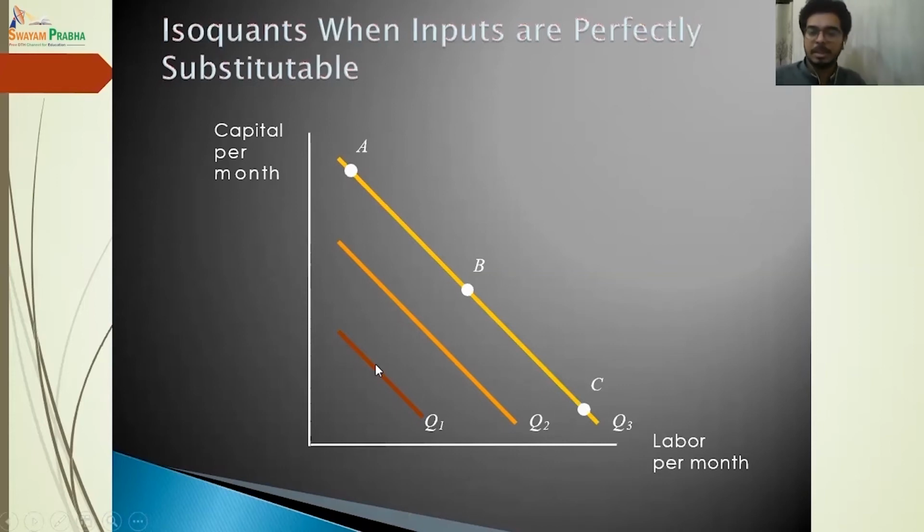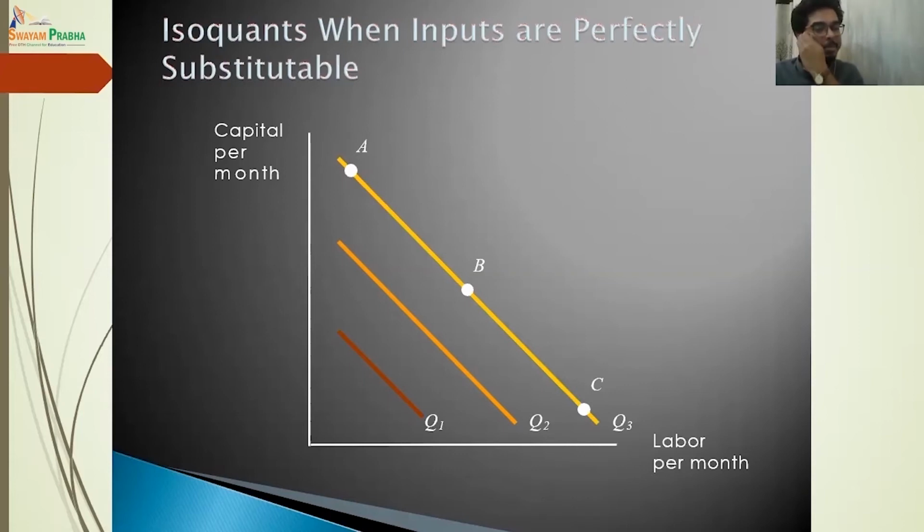So, if it is convex, it will go down. But if it is perfectly substitutable, it will not go down. Rather, that is why it is downward sloping. It will certainly go down, because you need to replace it by another one, and hence we have observed that the isoquants are downward sloping. But in the perfectly substitutable factors of production case, we will have a straight line where